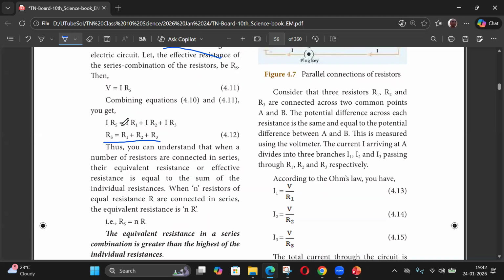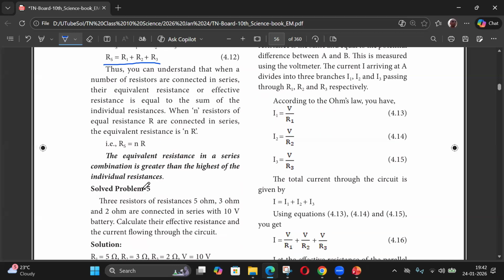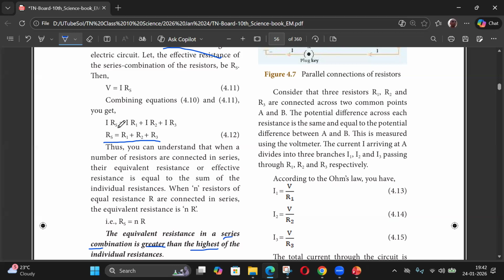And always when you have more resistors, the equivalent resistance value will increase. Suppose I add one more resistance R4 of value 0.5 ohms, the RS will increase by 0.5 compared to the three of them. So in series combination, the combination is greater than any of the individual resistances, even the highest individual resistance also. Suppose here R is some 10 and this one is 1, this one is 0.5. RS is greater than 10